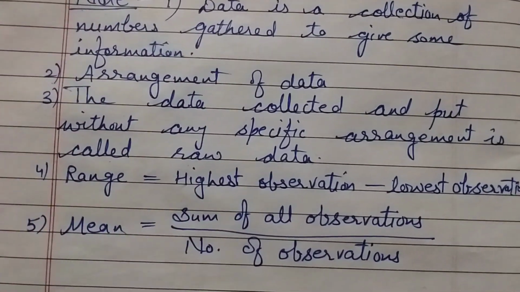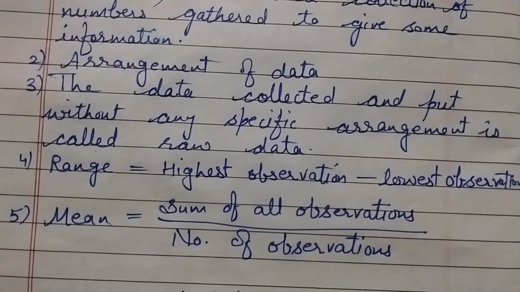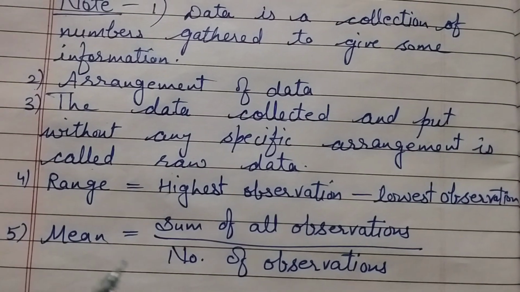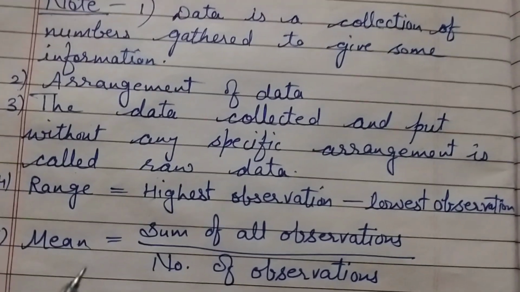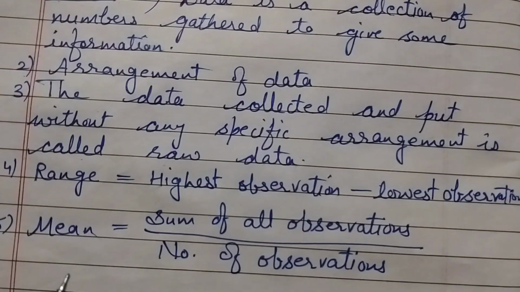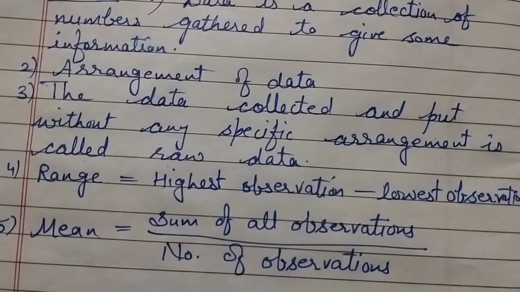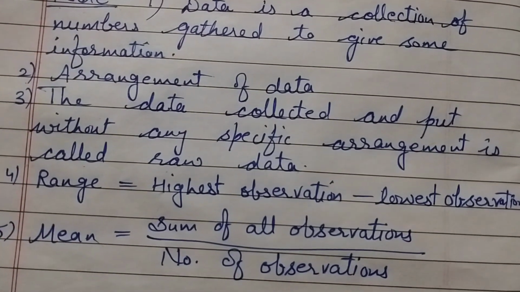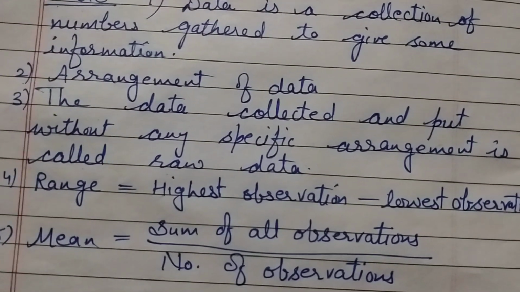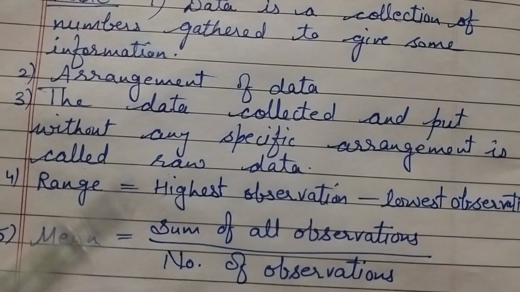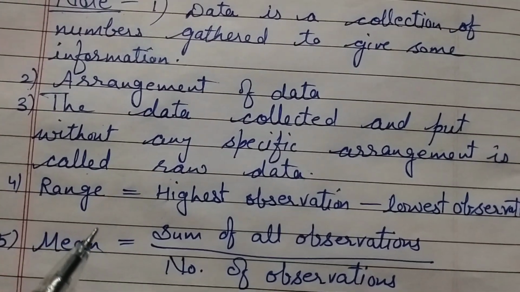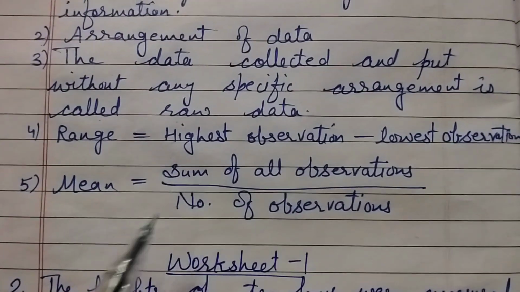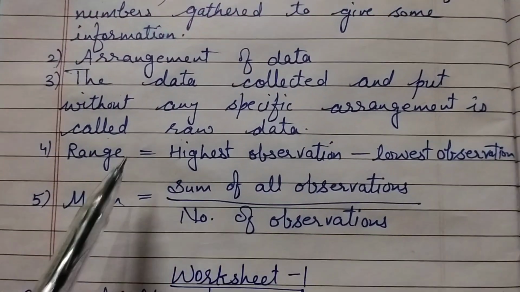Raw data means whatever we are collecting. Suppose in a class 10 students are there, out of 10 they are getting marks. One student got 3, one got 4, 7, 8, 6, like this. This is called raw data. When we are going to solve that data, firstly we will arrange the data in ascending or descending order. After that,